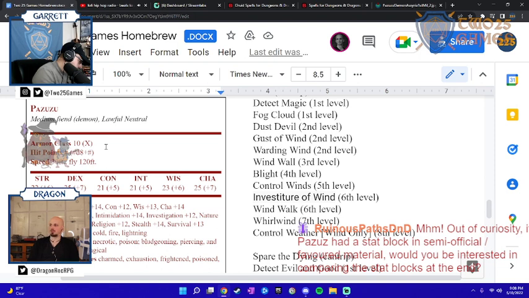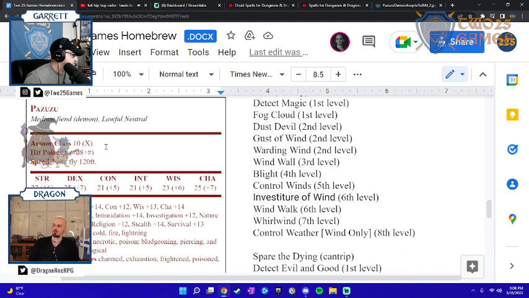I mean, in running D&D, I am always interested in what other people have done. So, Garrett, I would imagine that if somebody else has done a Pazuzu, you would definitely be interested in seeing it and comparing it. Yeah, I think so. I was thinking about that today on the ride home, actually, when I was thinking about what's happening tonight is,